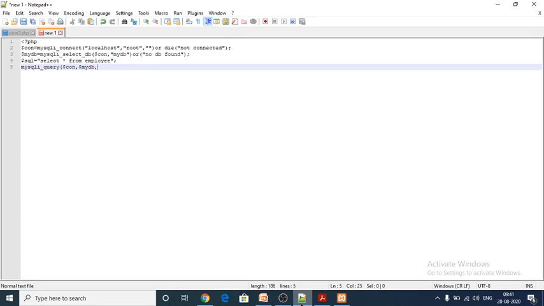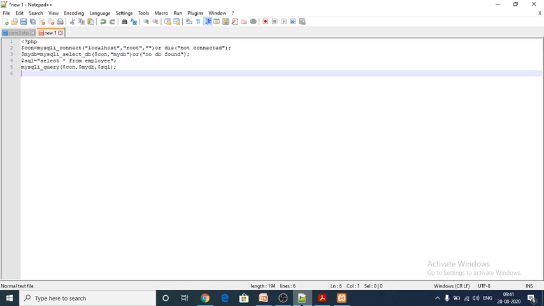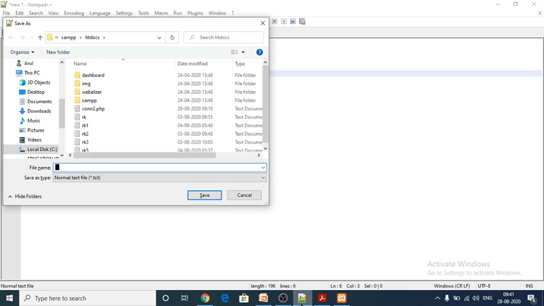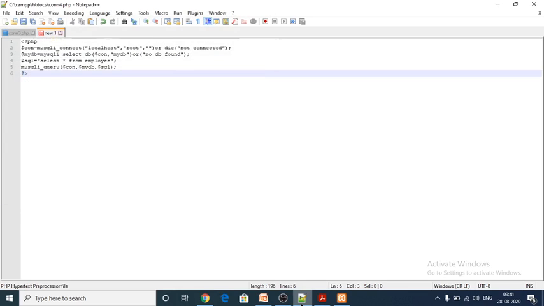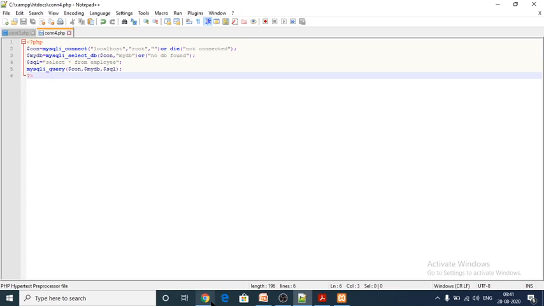At last I have to give the variable for selecting the table, dollar symbol sql. With this, I have to save within htdocs as conn4.php. So let me execute this one here.